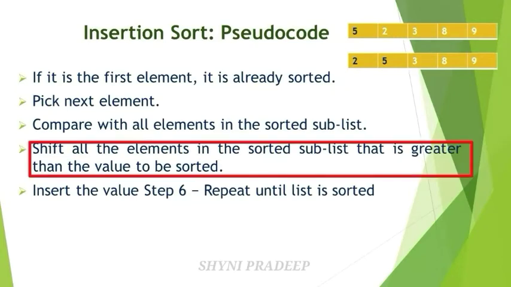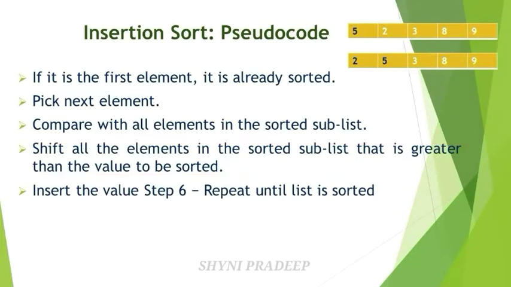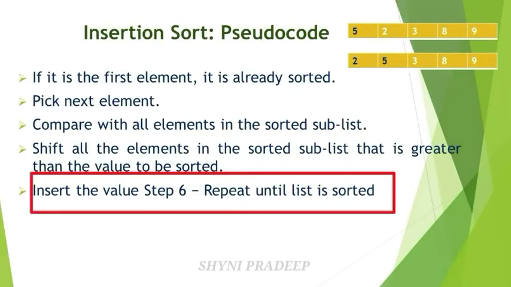Shift all the elements to their correct position in the sorted sublist. First, take the elements from the unsorted sublist, compare each element with the sorted elements, and place that element at its correct position in the sorted sublist. Insert the next element, 3. You have to insert this element in the sorted list here. Next, take the next element and insert it in the sorted array at its correct position. Repeat the same procedure until all the elements in the list are sorted.